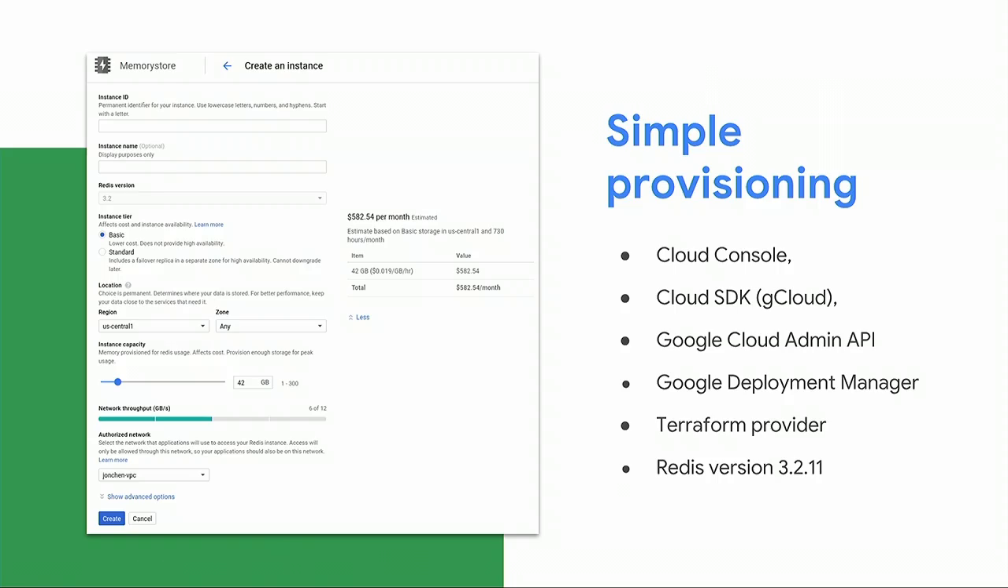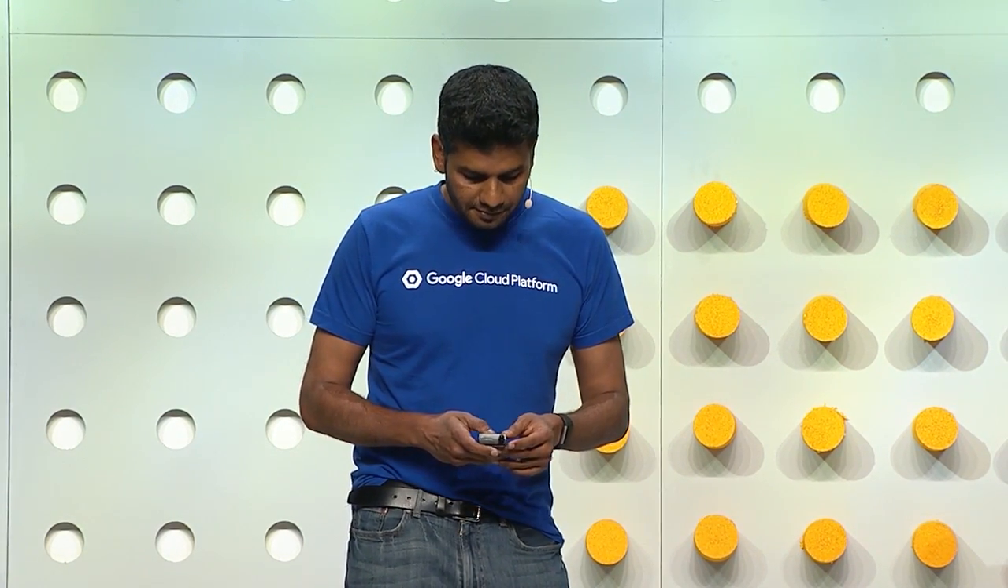So with Cloud Memorystore, we obviously support the UI, SDK, et cetera. But we also support Cloud Deployment Manager and also Terraform. So if you're using Terraform to manage your infrastructure, you can use that to manage a Memorystore. For the beta version, we are supporting Redis